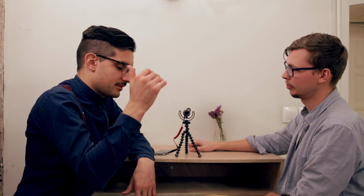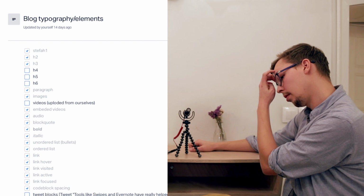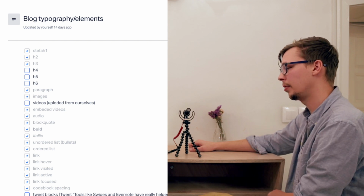Like this time, I started work with the blog post article, and it was really nice that you had prepared all the different styles that I need to provide. Yeah, I think we use Note a lot for that, to have a checklist of things that need to be done in more isolated cases. At least I use it like that. I don't know if you...